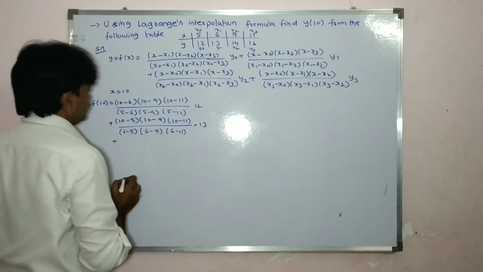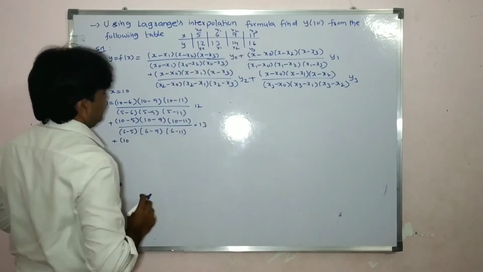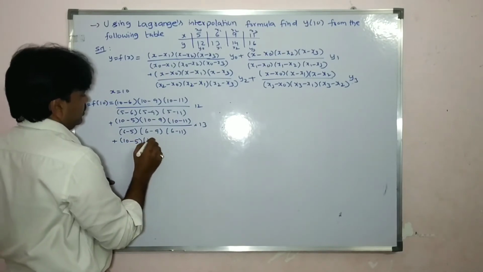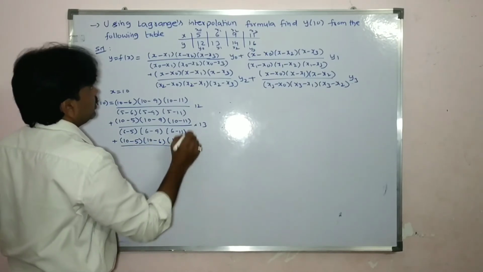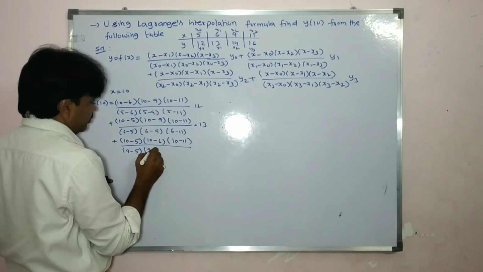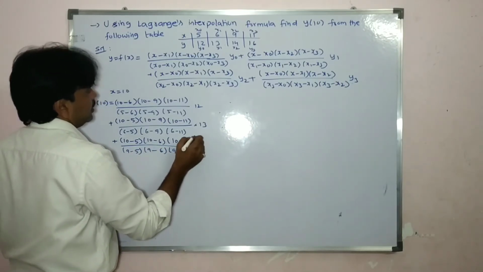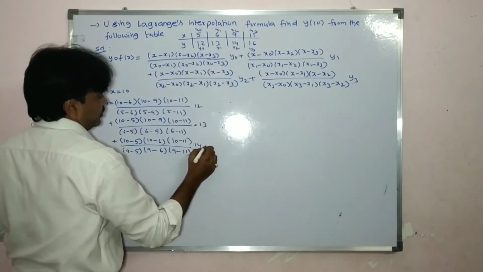Plus, this time skip 9. So (10 minus 5)(10 minus 6)(10 minus 11) divided by, you write 9, (9 minus 5)(9 minus 6)(9 minus 11), into y2 value 14, plus